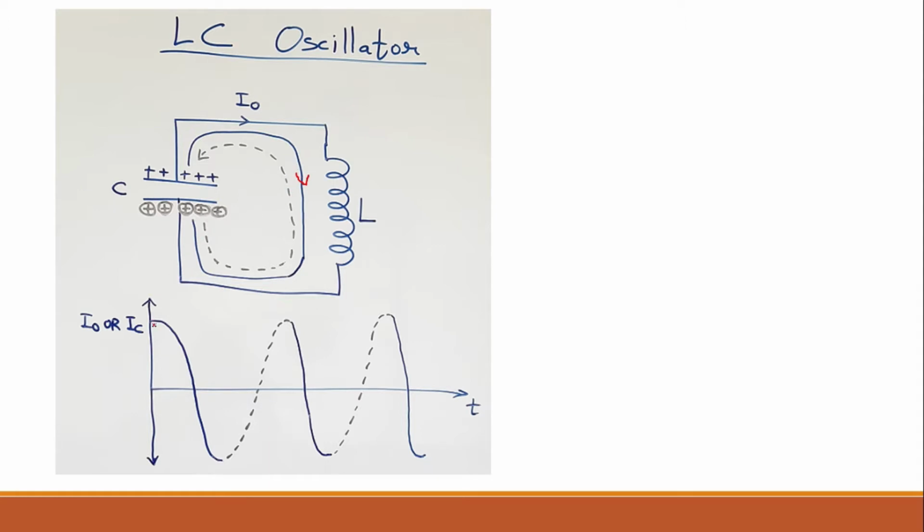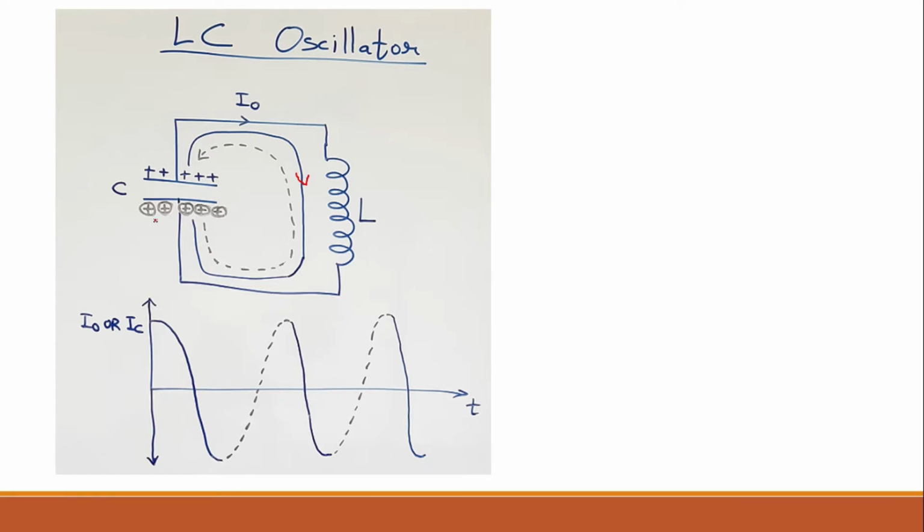So here you can see that the output current is slowly decreasing, right? Once all these positive charges have reached this second plate, the current will be minimum, as you can see here. This current flow is shown with a blue bold line. So once all these positive charges reach here, the current will reach here in the waveform.